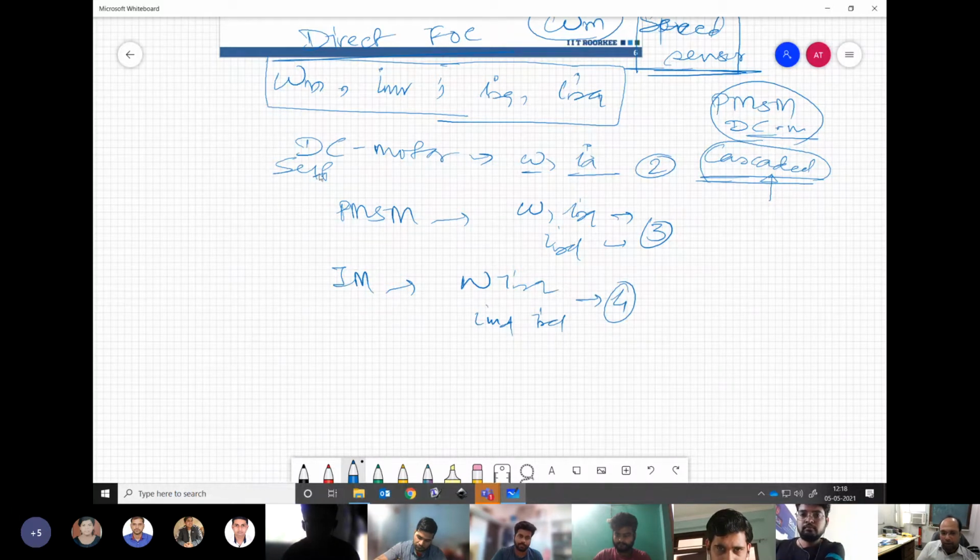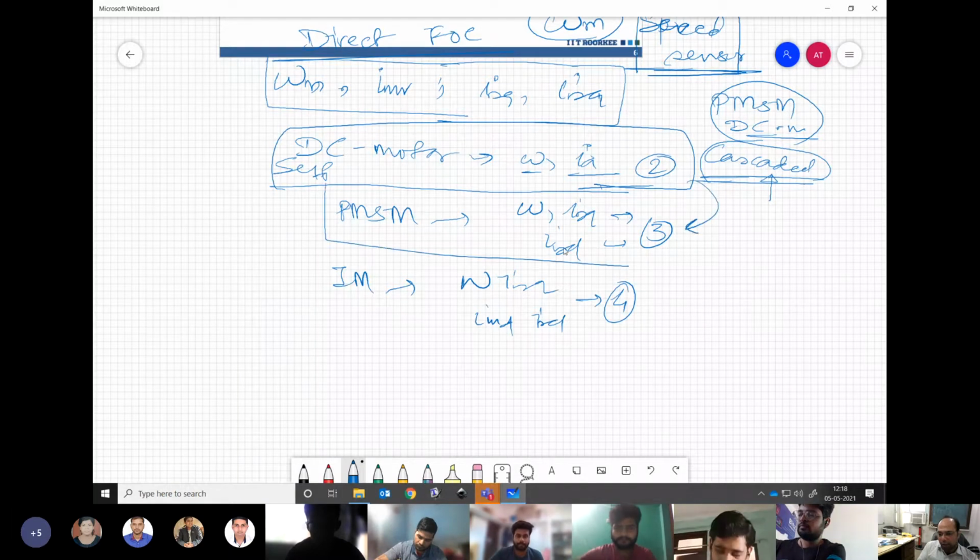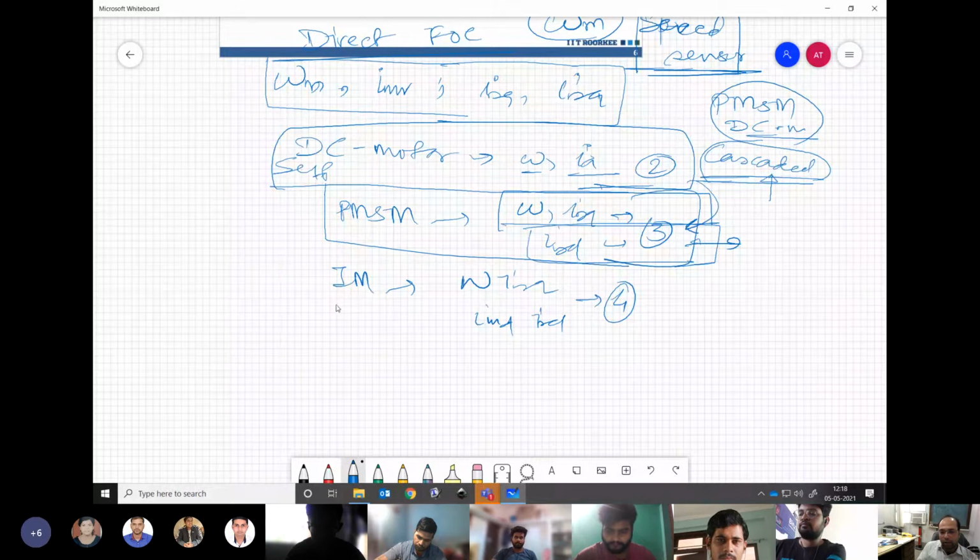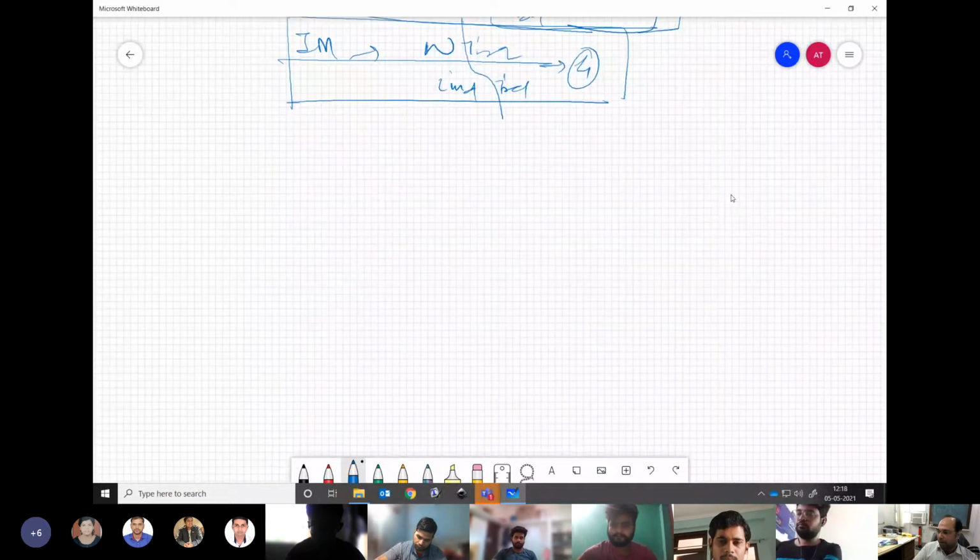Once you are done with the DC motor separately excited control, you know the basics, what you have to apply in terms of control. The application is different. Then when we went for PMSM, we understood that we have now 2 different loops. In terms of inner outer, we have a Q axis control loop and we have a D axis control loop. Now again, we have to divide these things for induction motor also. These 4 quantities we have to club together to make 2 major control loops. Understanding my point, right?